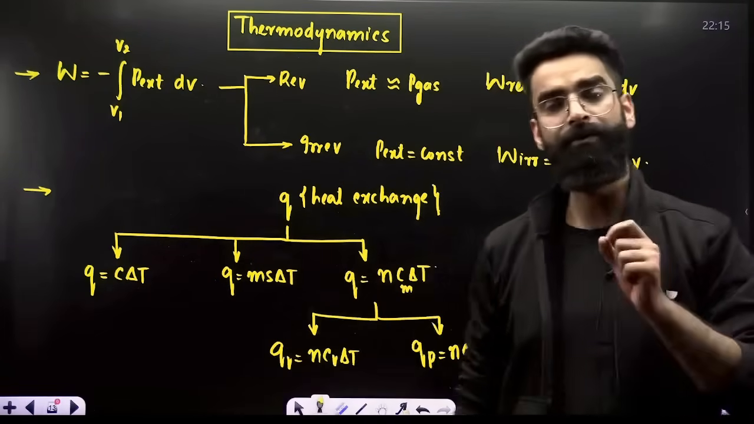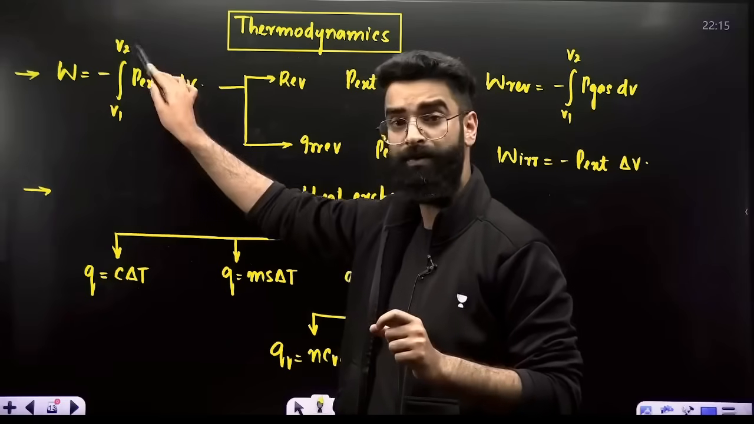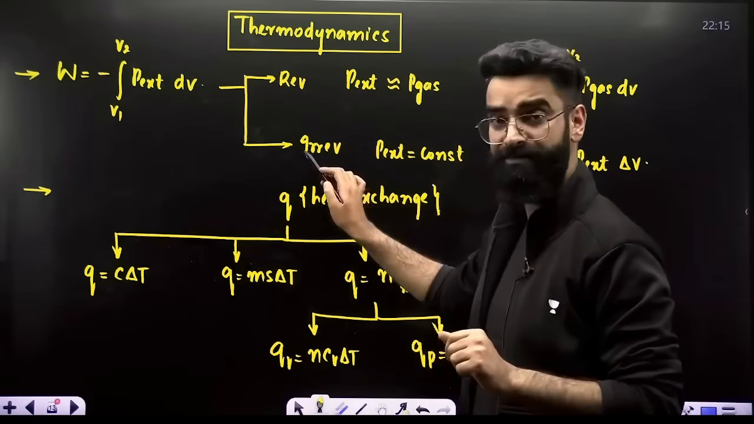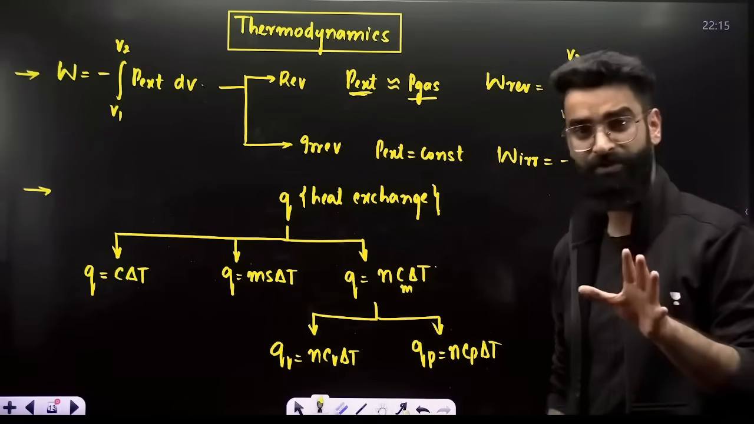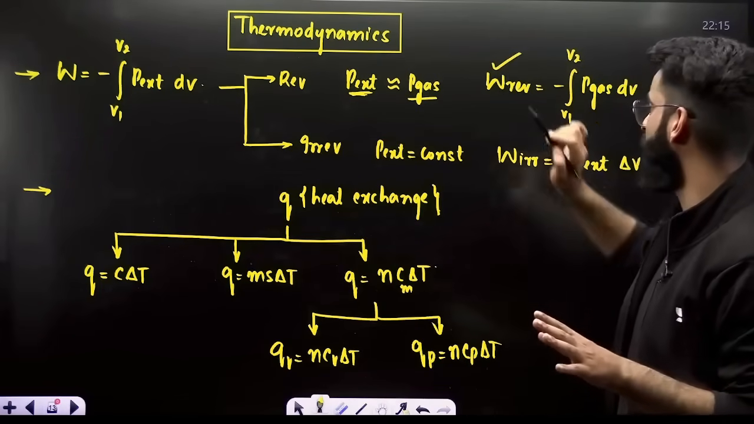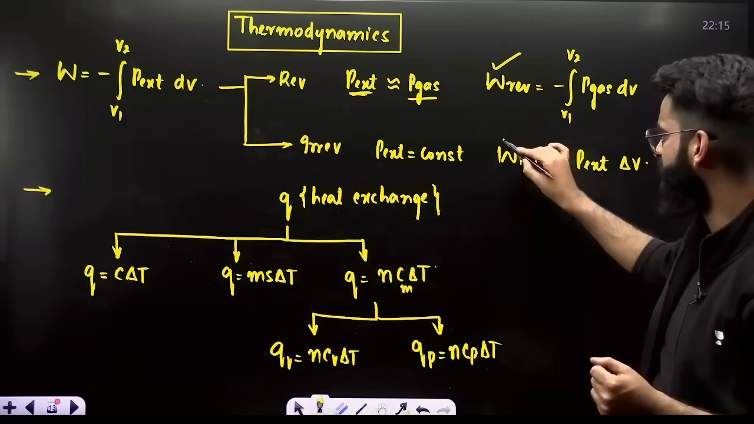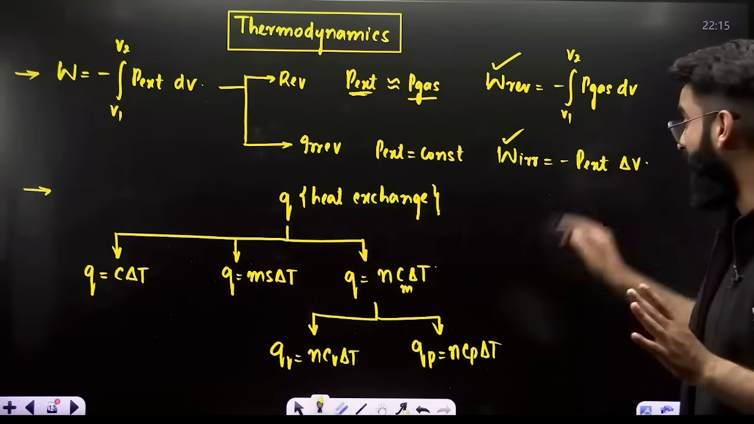Then comes your thermodynamics. In thermodynamics, how do you calculate work? Work is equal to minus integral V1 to V2 P external dV. Now we have got two processes, one is reversible, one is irreversible. In case of reversible processes, external pressure and pressure of gas are almost equal. Therefore, this is the formula with which you calculate the work done in reversible processes, and this is the formula with which you calculate work done in irreversible processes, minus P external